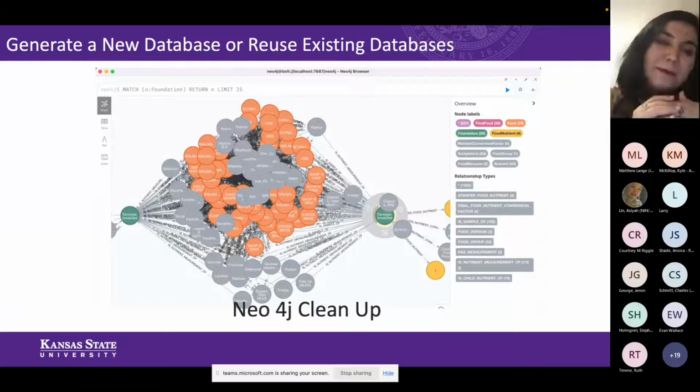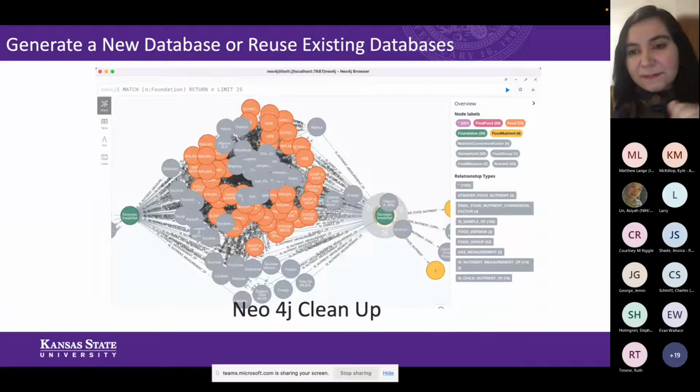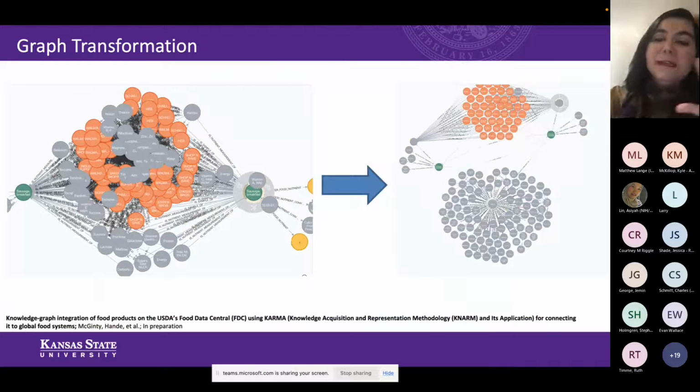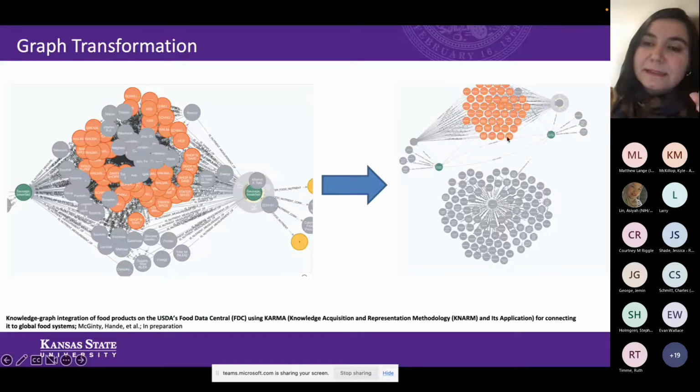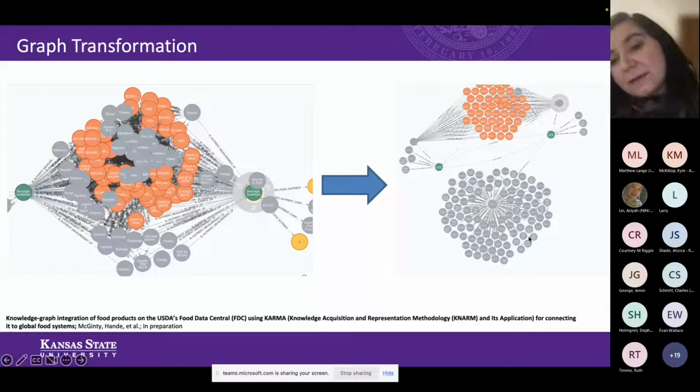So when I started working with the USDA, they had already started using a graph database, but we did a number of different steps to clean it up and make it more user-friendly so that we can have a better and more pleasant viewing experience. Here you can see that the orange dots represent the different samples that you can find in the USDA's Foundation Foods data sets, and the gray ones show the nutritional components.